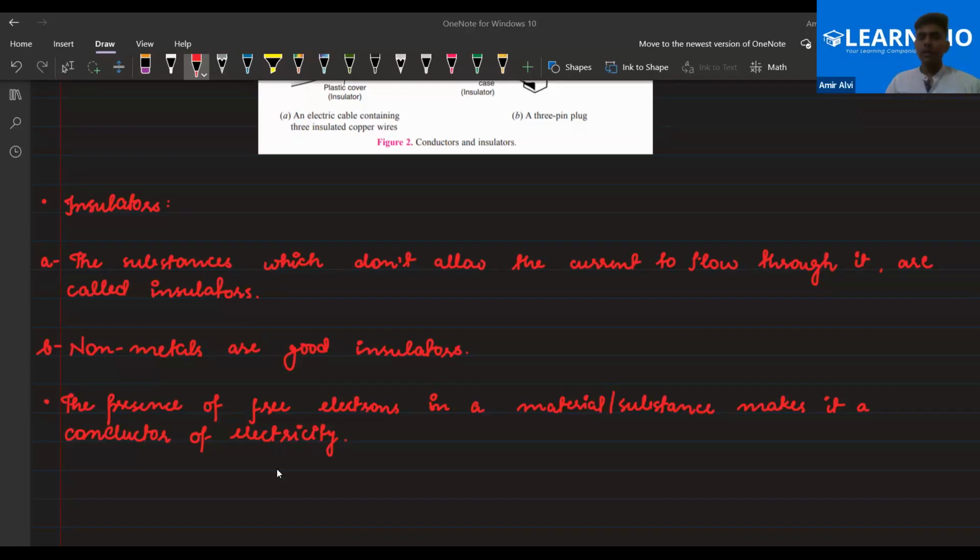No, sir. Okay. So these are the basics about the electricity chapter based on the electric charge. If there are no free electrons, that material will not be considered a conductor and electricity cannot flow through it. Clear? Because ultimately, electricity is the flow of charge. When the charge flows, electric current is produced, right? And we have two types of electricity: one is static electricity, another is dynamic electricity. Static means suppose you have a balloon and a glass rod and a woolen cloth.